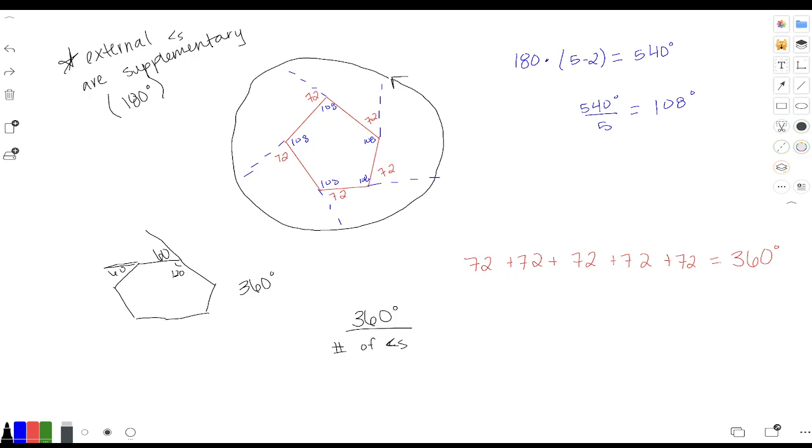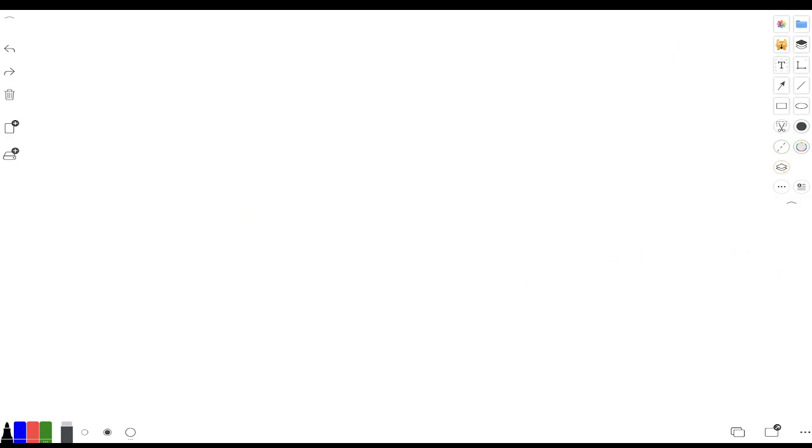So this information can help you if you have any missing variables. Everything is going to be equal to 360. If you are trying to find the internal angle measurement and it gives you variables, or if it gives you some unknown numbers, that information also can be used to find any information regarding these angles. Just by remembering, let's write out the formula one more time. For the measurement